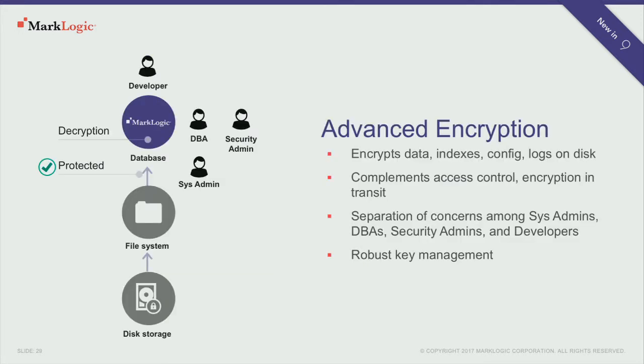So we've talked about confidentiality. The new advanced encryption capabilities span confidentiality and integrity. And as David had talked about this morning, it's important that you have the ability to secure the data on the disk, not just through the front door, also through the back door. That's what encryption does. It allows you to encrypt everything that exists on the infrastructure. So all of the data files, the indexes, the configuration, the logs. It allows you granular access to each of those.